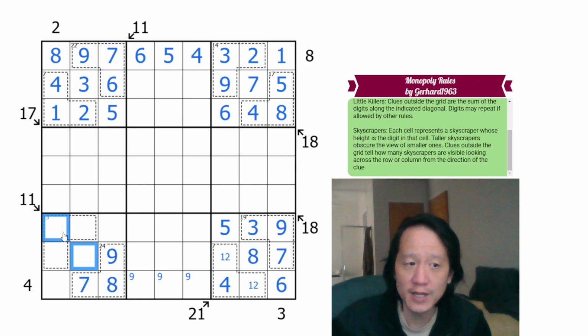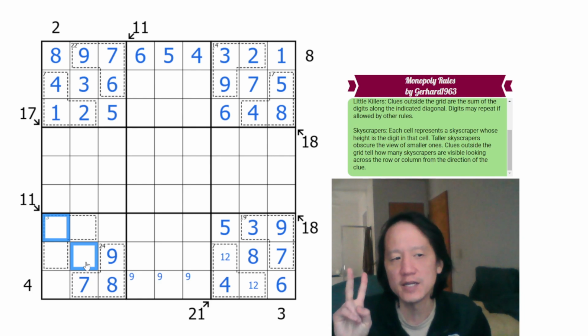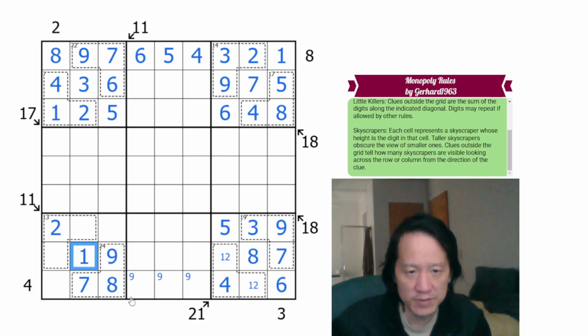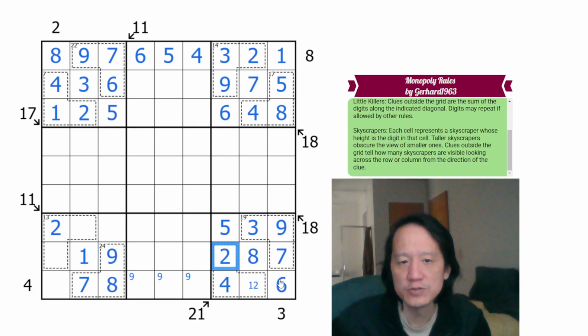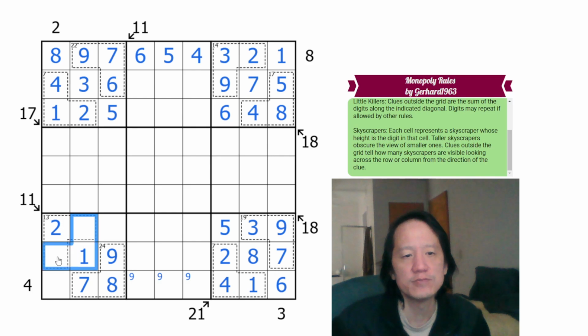Therefore, it's 1 and 2, because those are the only 2 unique digits that can ever add up to 3 in a normal Sudoku. And this can't be 1, therefore it must be 2, which makes that a 1. Which means that can't be 1, so it's a 2, which makes that a 1. Here, we have 3 digits adding up to 13, which is the cage. And one of them's 2 already, so the remaining 2 digits must add up to 13 minus 2,